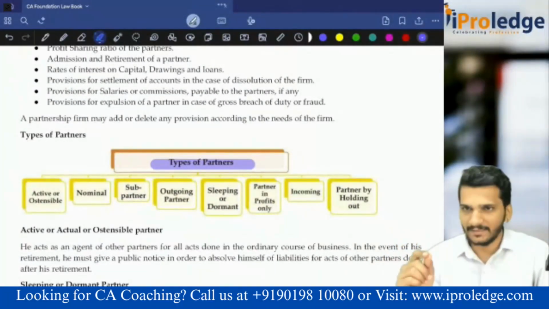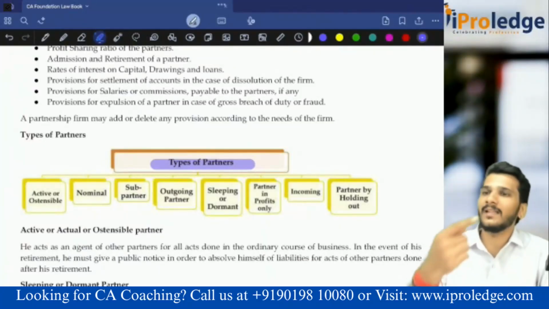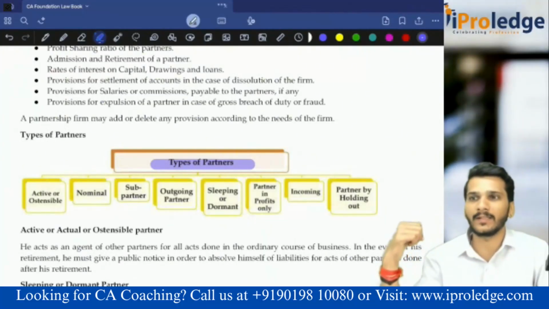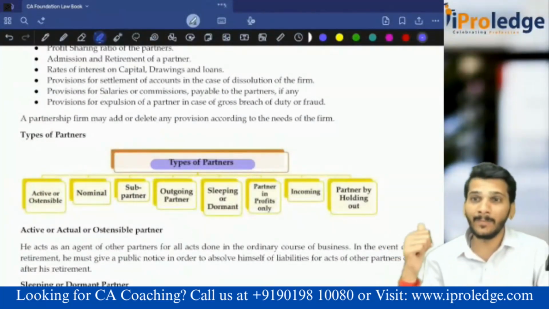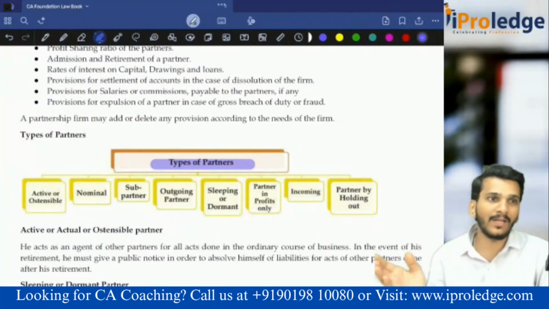One party gave one notice to an active partner. When the active partner received the notice, it is as good as the partnership firm only has received the notice. The other party no need to give the notice to again remaining 2 active and 2 sleeping partners. The moment it is received by active, then it is as good as received by partnership firm only. But if the notice is received by sleeping partner, it is not as good as received by the partnership firm because they are not even coming for the partnership.